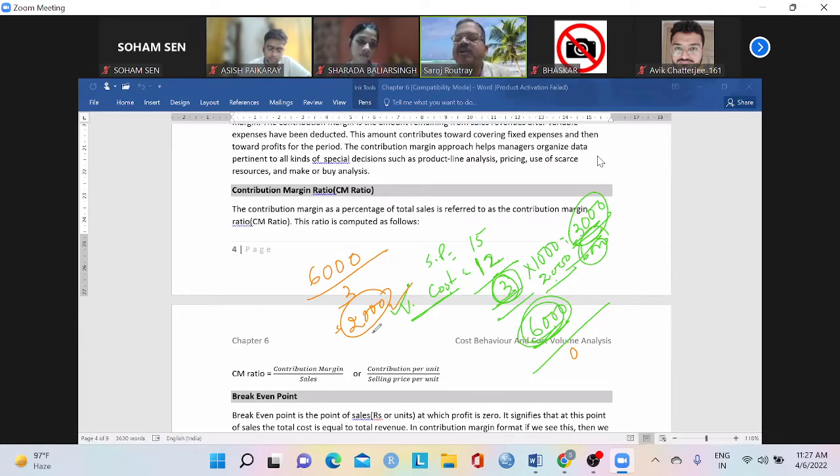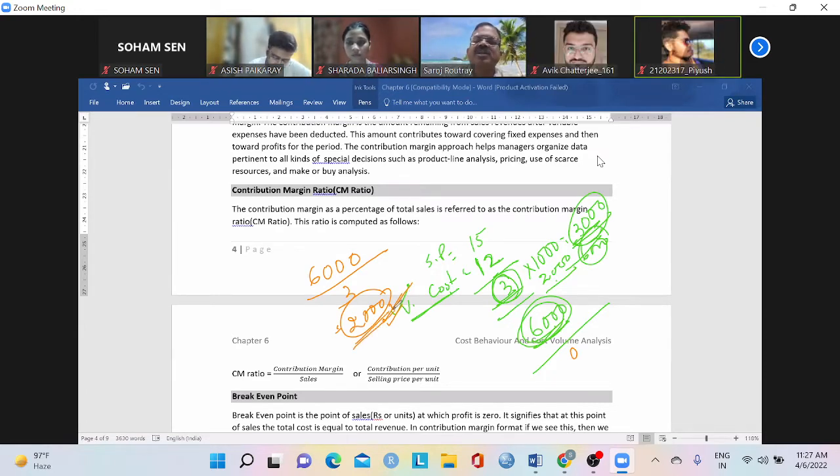That means I will not have any profit. Now, no other format will help you to take this kind of decisions, or provide you the information on the basis of which you can take the decision. So here this provides us. So we want to have zero profit, zero loss. We need to sell at least 2000 units. Okay. So we know this before we do business or before the year starts. So we have to fulfill this target at least.